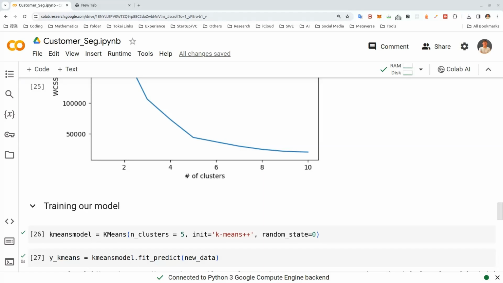If you stick around until the end of this video, you will be able to build your own customer segmentation model with k-means clustering so that you can add it to your resume or portfolio and even show it to